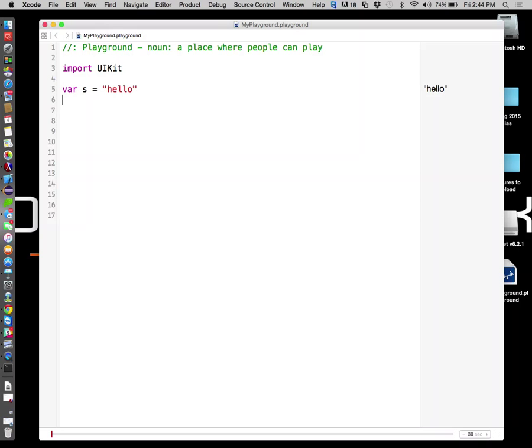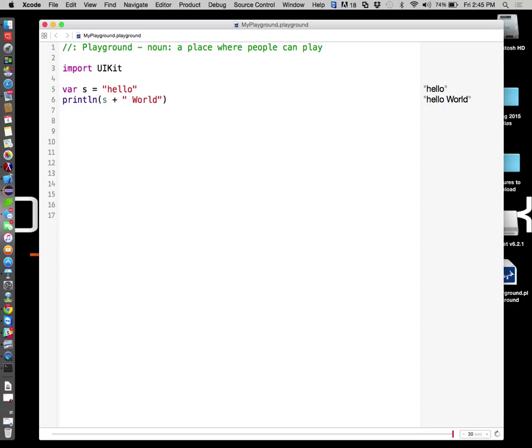All right, so we'll say s, and then we'll say println s concatenated with world, and we get hello world. So we have the same means of doing concatenation as we had in Java, the plus sign. That's one way we can do it. Now, for those of you who've ever programmed in